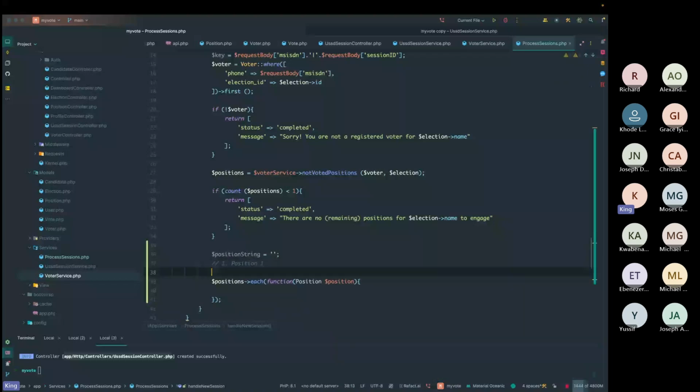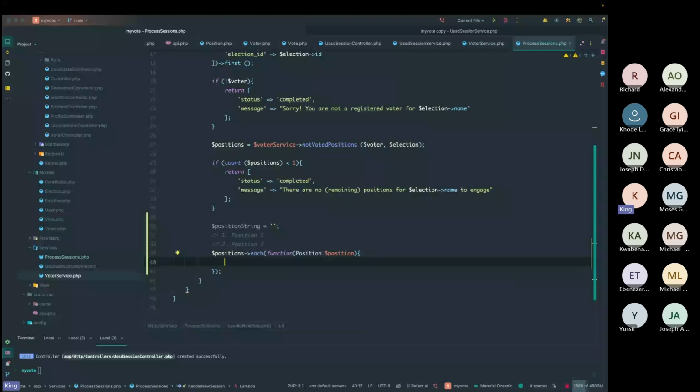We want to have something like this dynamically. So what we do is we have to pass this as a reference to